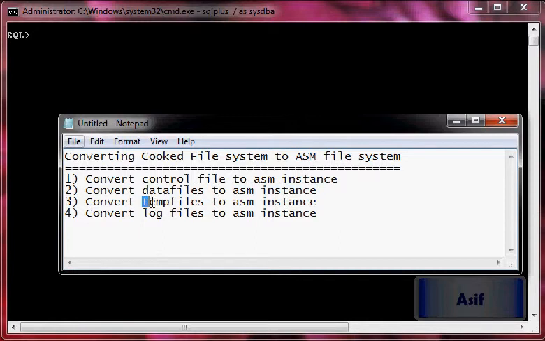Third step is to convert temporary files to ASM instance, and the fourth step is to convert log files to ASM instance. So the first step is to convert control file of cooked file system of DB2 to ASM instance.